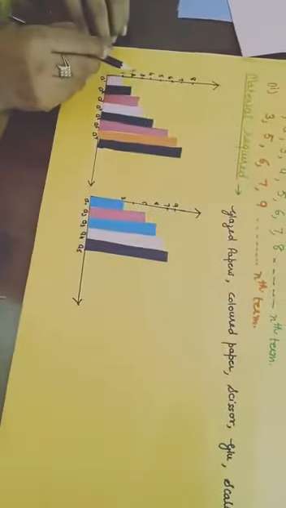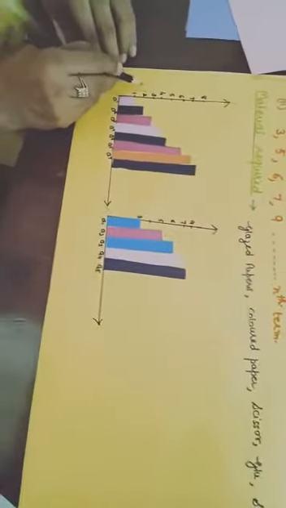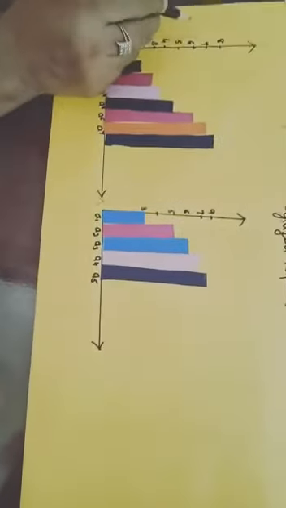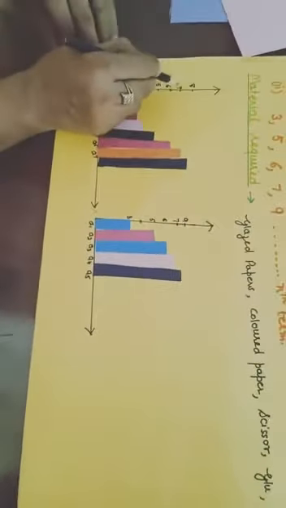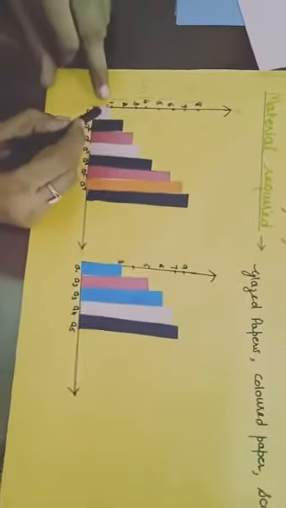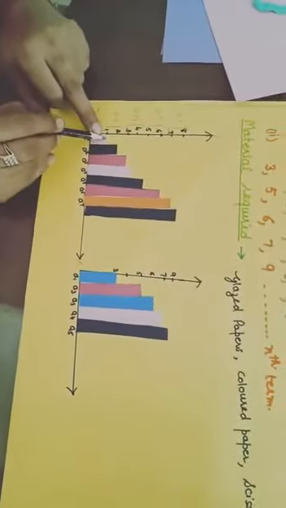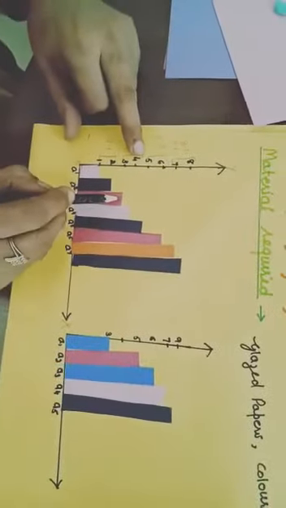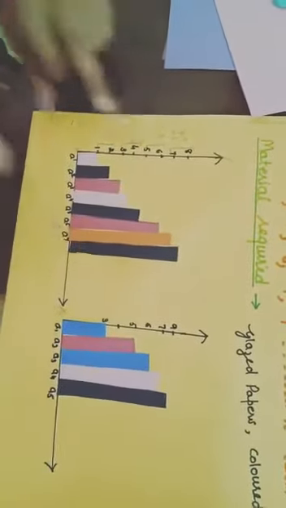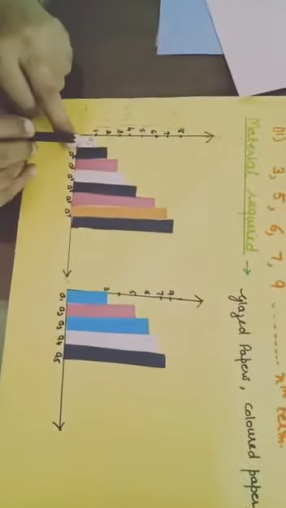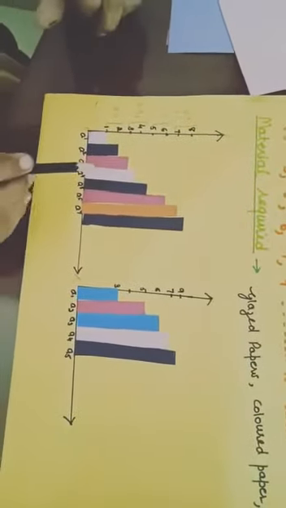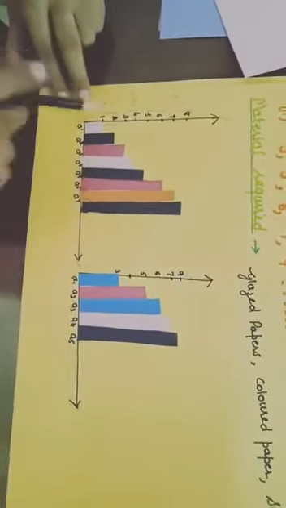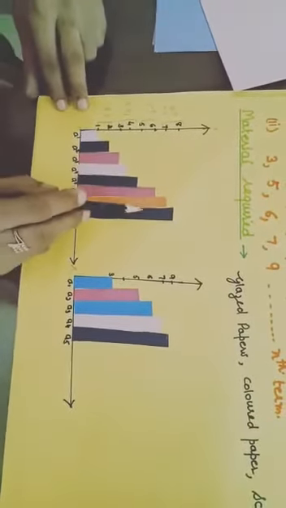Now I see the difference between 1 and 2 is 1, 2 minus 1; 4 minus 3, 1 difference; 6 minus 5, 1; and 8 minus 7 is again 1. So when I come from 1 to 2, I add a fixed number 1; 2 to 3, I add again a fixed number 1; 3 to 4, I add again a fixed number 1 and so on. I add a constant number to get the succeeding number of this series. So this is an AP. When we add a fixed number, then it is called an AP.